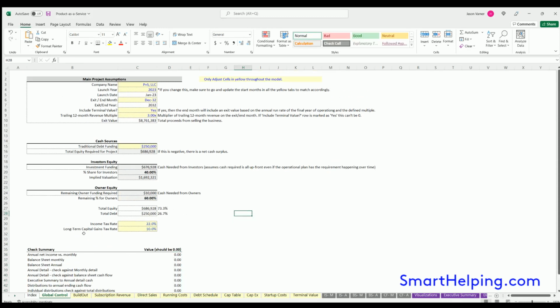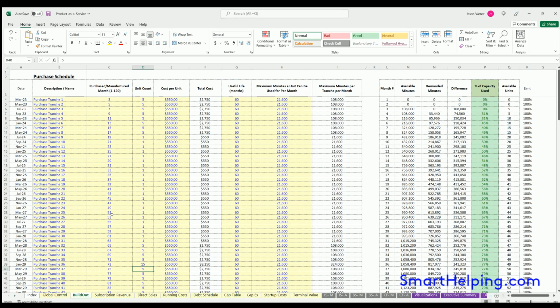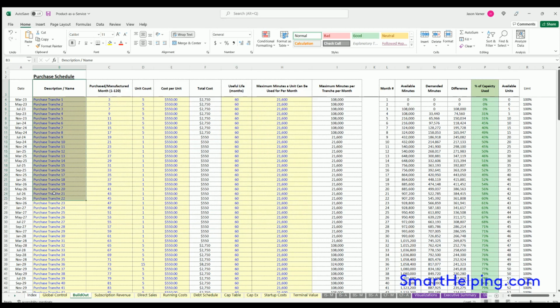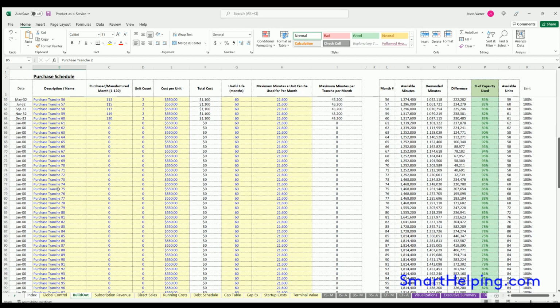Now, as we go, the most important part of the whole model is probably the build-out tab. This is some of the most interesting logic I've ever done. So let's just go through it by column. Column A is the date of the purchase or manufacturing or when the product is finished being manufactured and ready to go live. And so this date lookup here is based on the month entered here. So column B is just the name of the tranche, and you could do up to 120 or 170 tranches of product